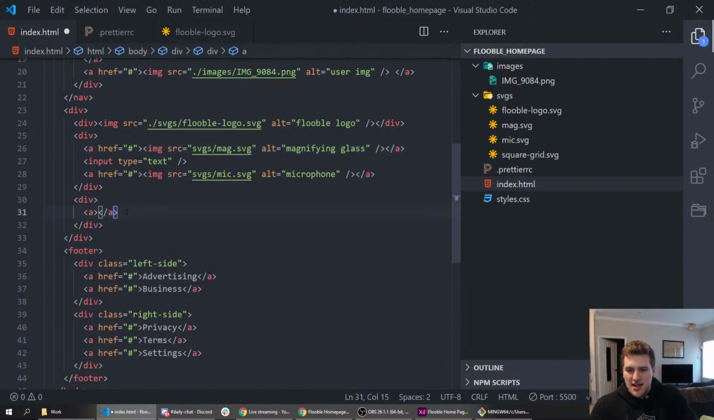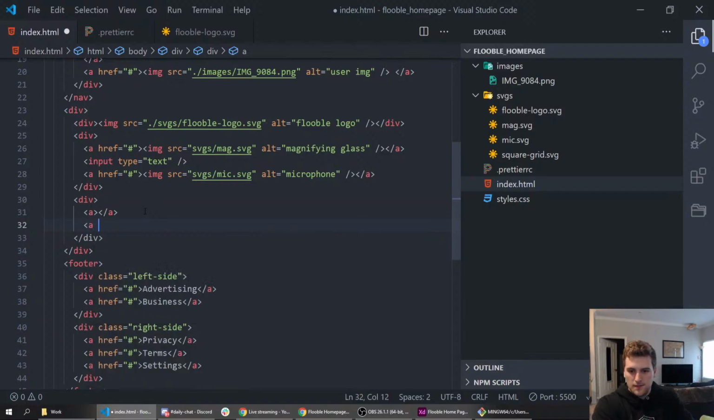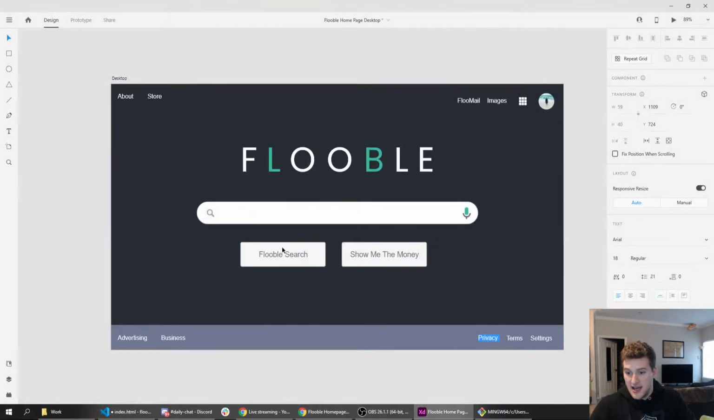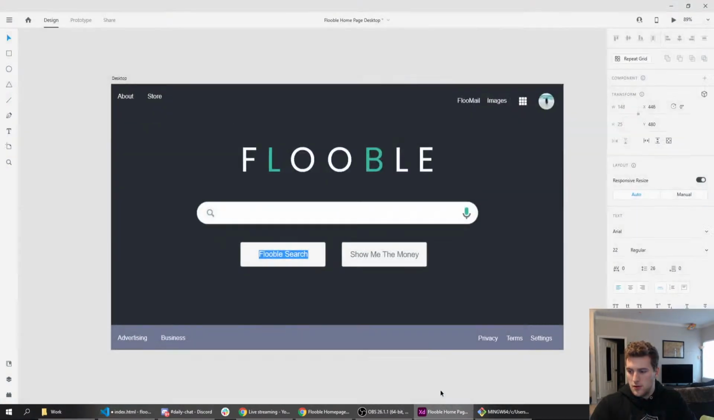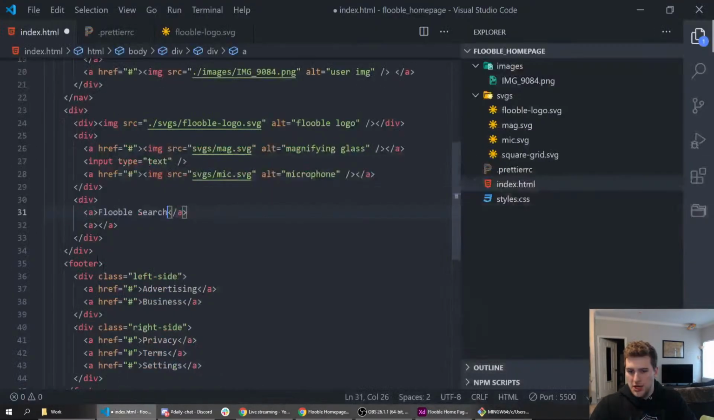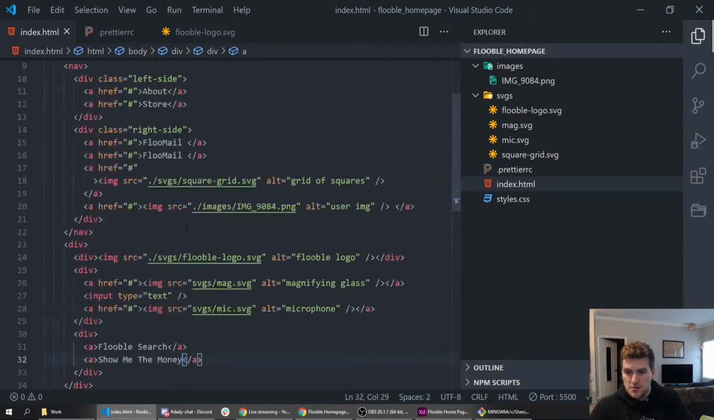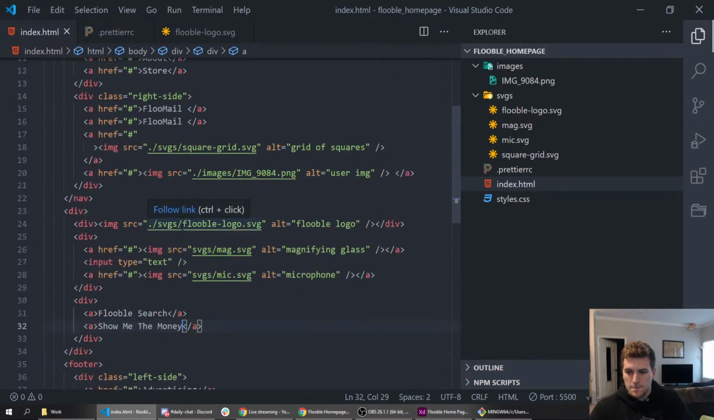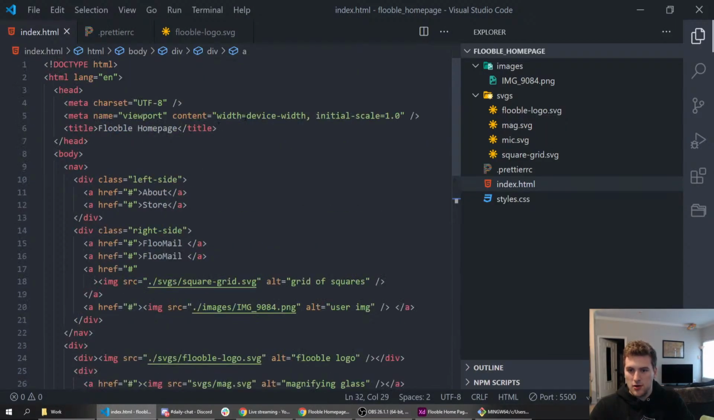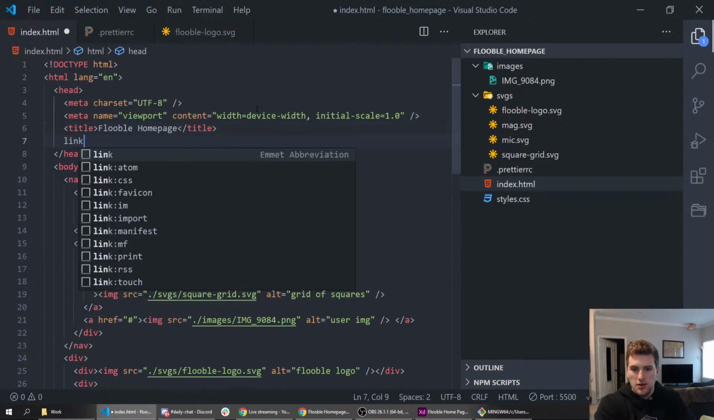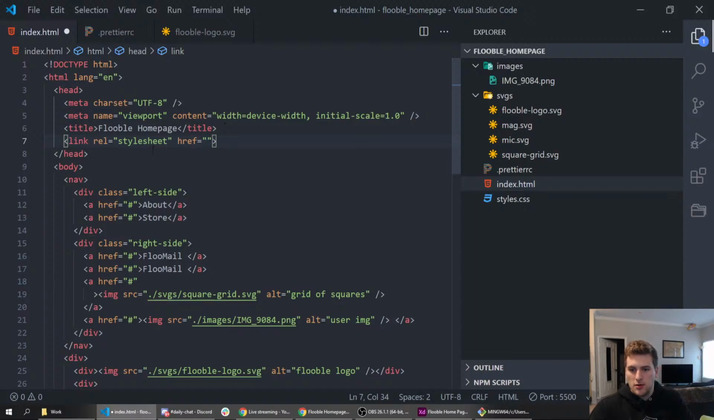We're gonna make these A tags, and then inside there we need to have Flooble search, and show me the money. All right, so I think we've got all of our HTML here now, right? Yep, I think so. So now up here, we need to do the link tag, rel stylesheet, and then we want to go for